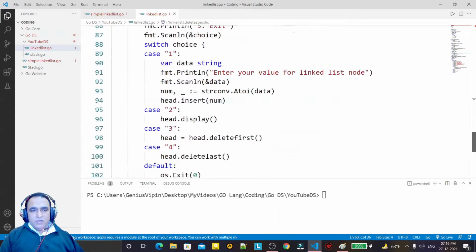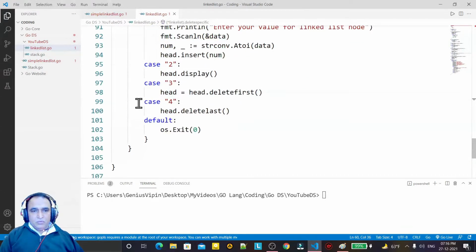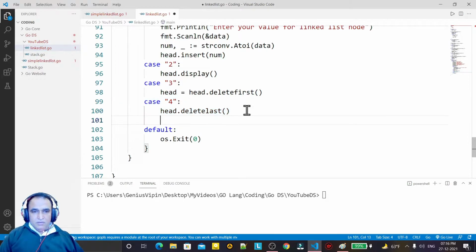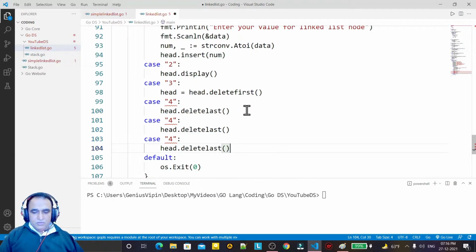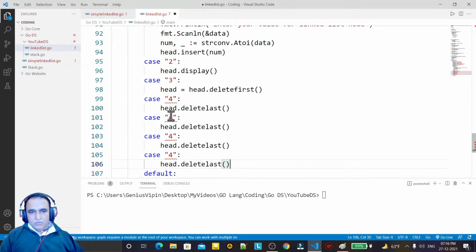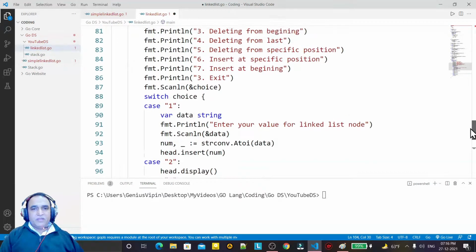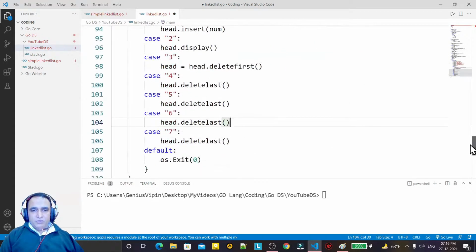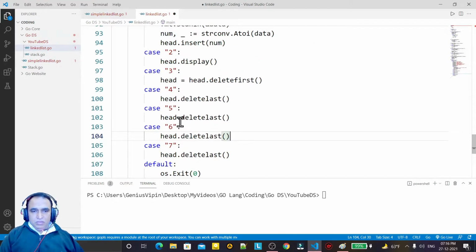Now I have to create the choices. So I just copy and paste and paste. So we have a choice 5, then 6, then 7. So here choice 5 is delete from a specific position.